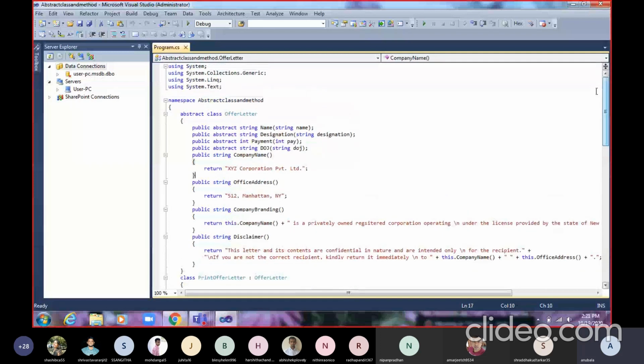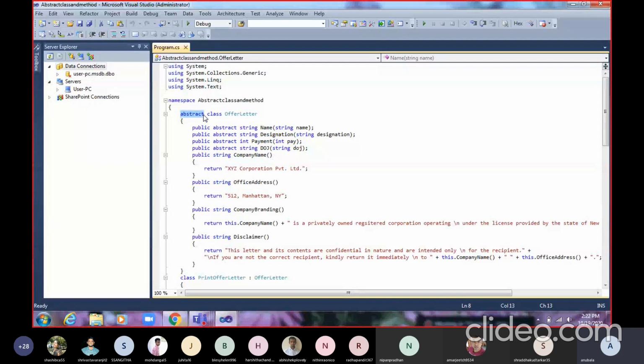This is the namespace, and this is the abstract class. If you are creating an abstract class, you need to use the keyword abstract to define that this class is an abstract class. This class has some abstract methods and some non-abstract methods also.